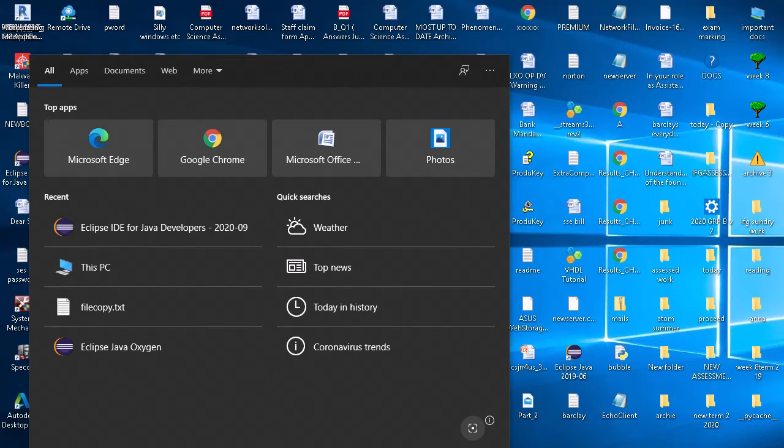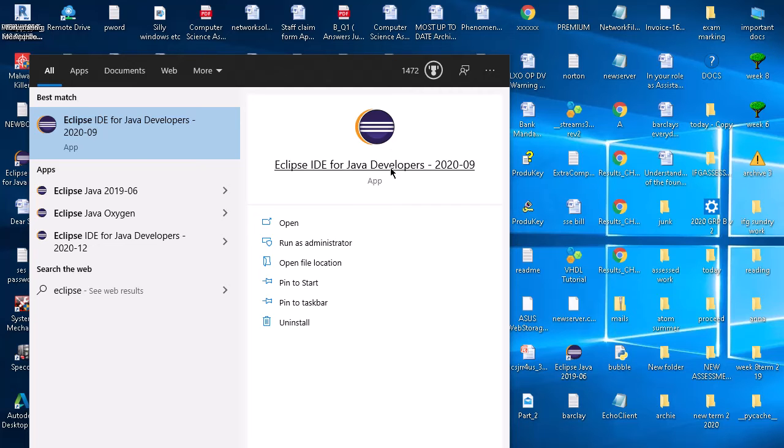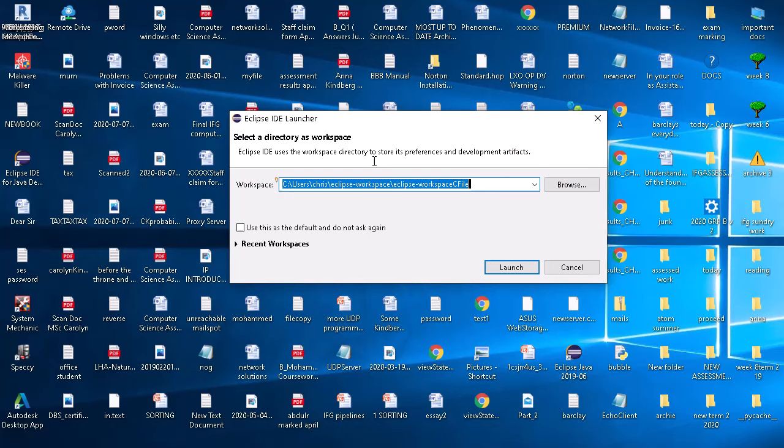So I'm going to invoke Eclipse and show you what it looks like when I invoke it. This is the very latest version of Eclipse, and it's the IDE, the development environment for Java developers. This is what you need to install, and it's the 2020 September version that I want you to think about. So I'm going to run that, and as I said, it takes a number of seconds to